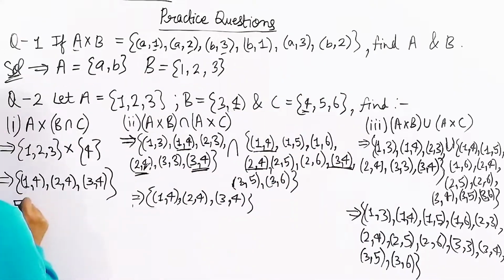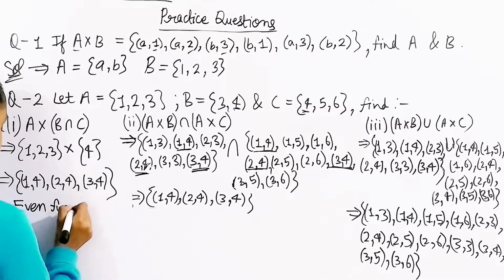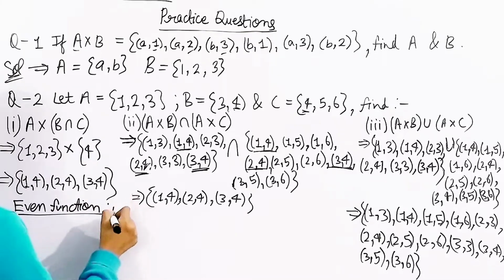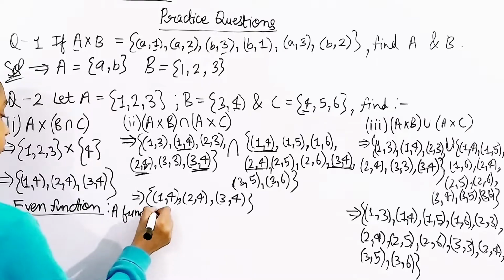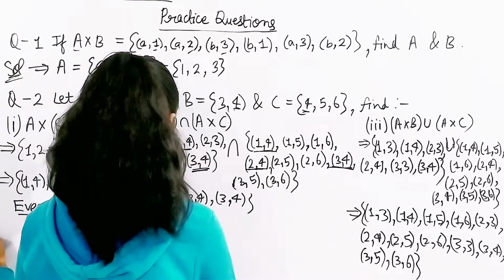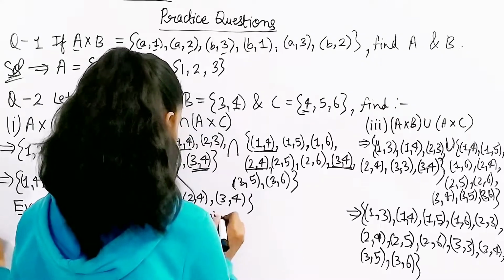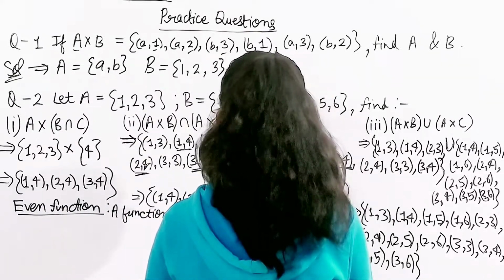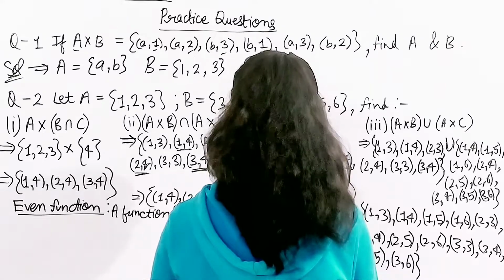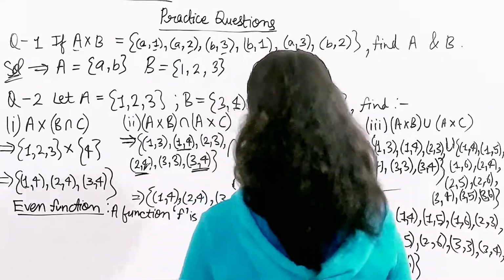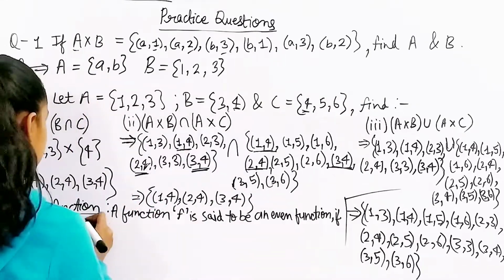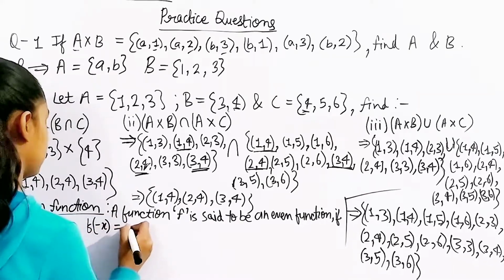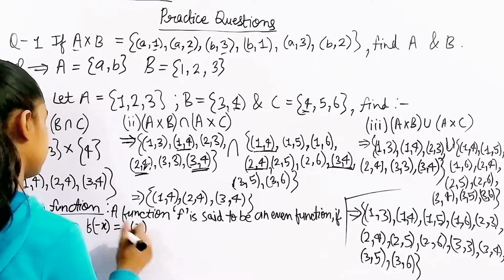So even function. A function f is said to be an even function if, let's say I have f(x), f of negative x is equal to f of x, okay,